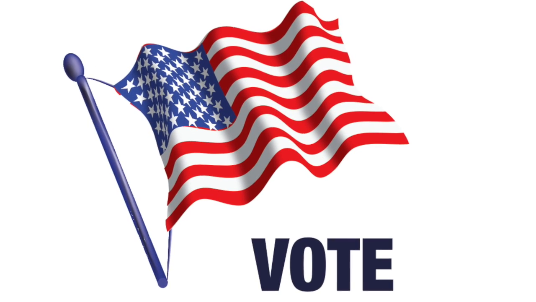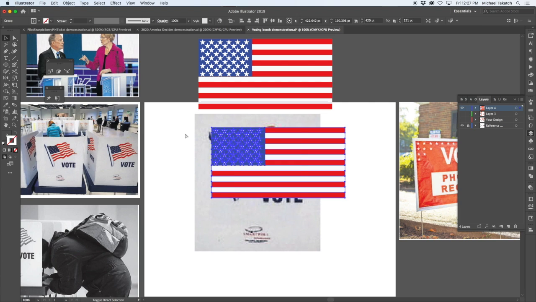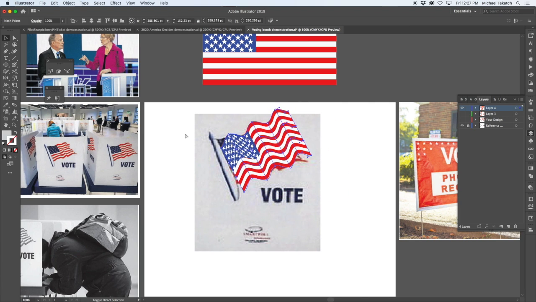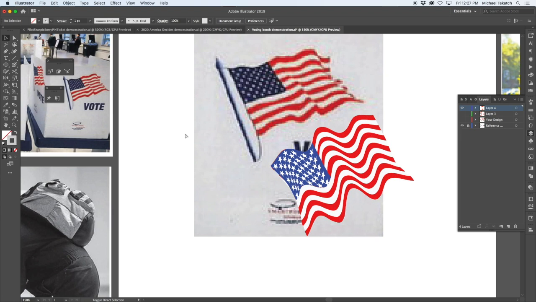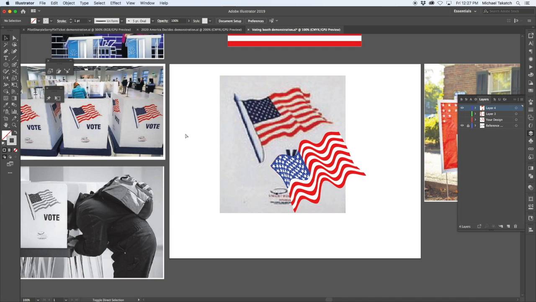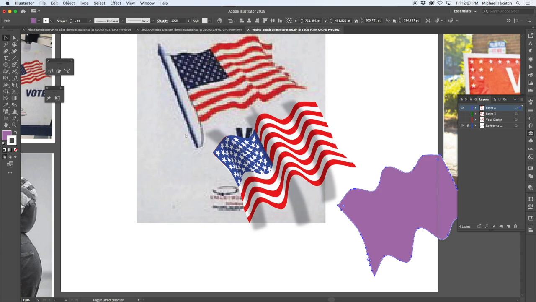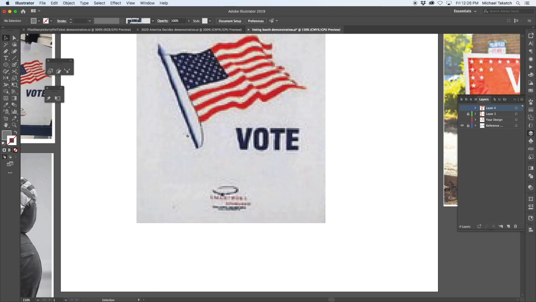So this is the final graphic with the pole and the string, and the flag's already created for you, so you can either copy it or put a symbol down and then go ahead and do it with this mesh tool over the top of it to arch the different wrinkles into the flag, and you can transform it. This is done with the blob brush tool to make some shading and placed over the top, and it's very